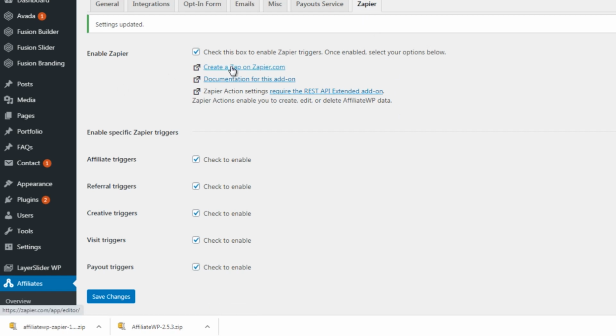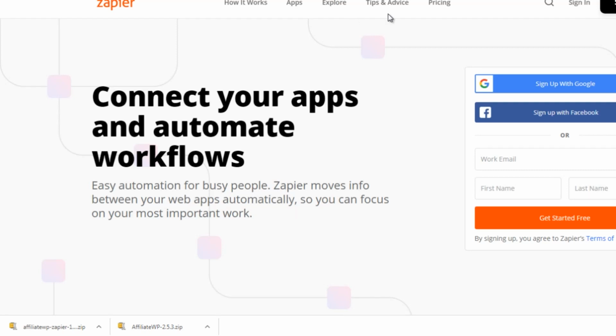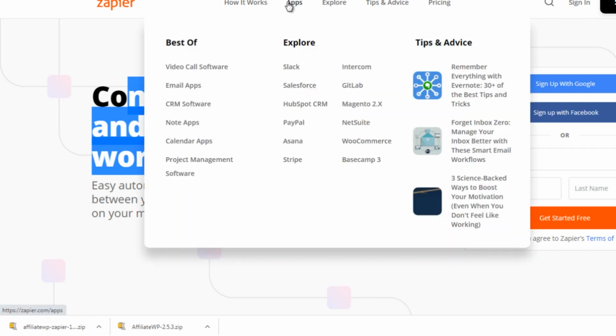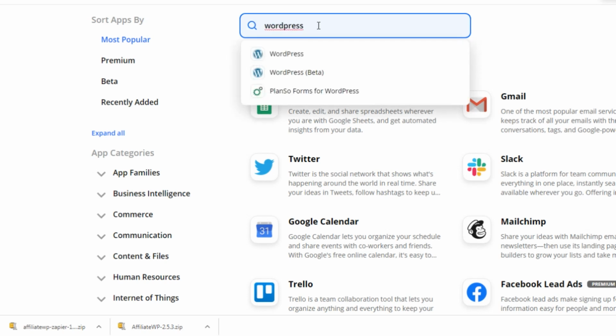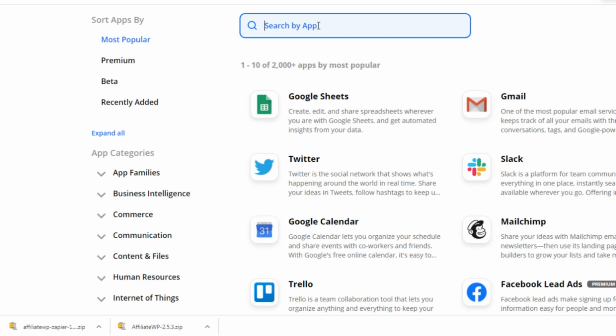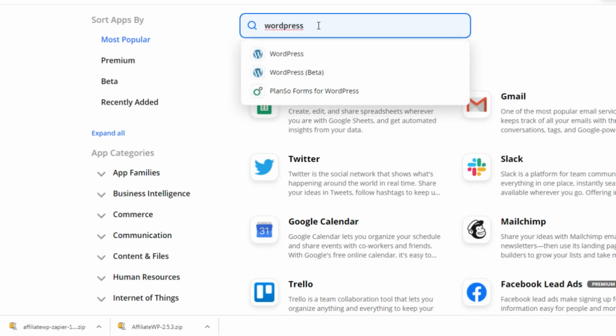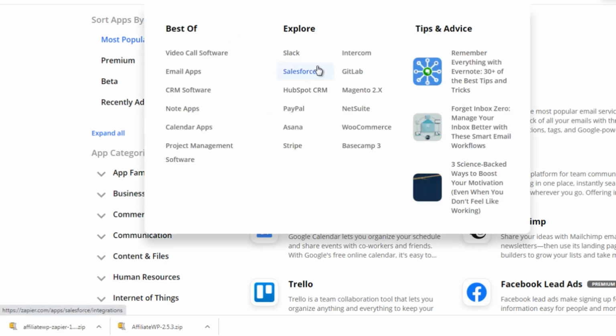Or you could do something like anytime an affiliate signs up on the forum, then you add them to like an active campaign. So there's a variety of things you can do. If we go to Zapier.com, you can get an idea of how it works. So in other words, you can connect your apps and automate workflows. So if we were to go to apps, and if we do a search on, I don't know, yeah, so most likely it's just WordPress, like so. But if you wanted WordPress to integrate with like Google spreadsheets, you could do that. So if we click here,